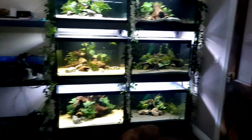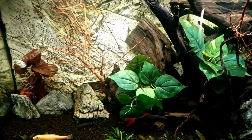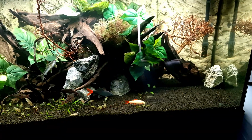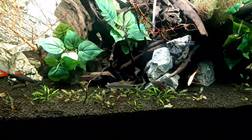So, what's changed? Oh, I've got a sofa now, so we can start enjoying the fish room for a change. So, we've redone this aquarium recently, last weekend I believe. Looks a lot better. We took out the Redfin Borneo sharks, as we wanted some more room, and we wanted